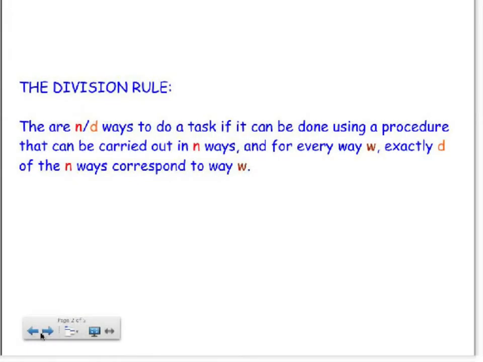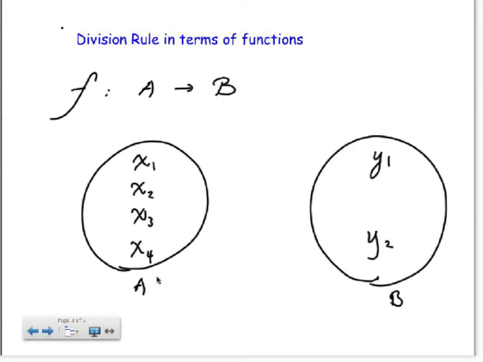Yo, you know what? I got a better way. Let's explain it in a function. Alright, let's try that. Words, I'm not good with that. Also, with functions, I think I can explain it. First, let's do a function from A to B. F is a function from A to B, and then